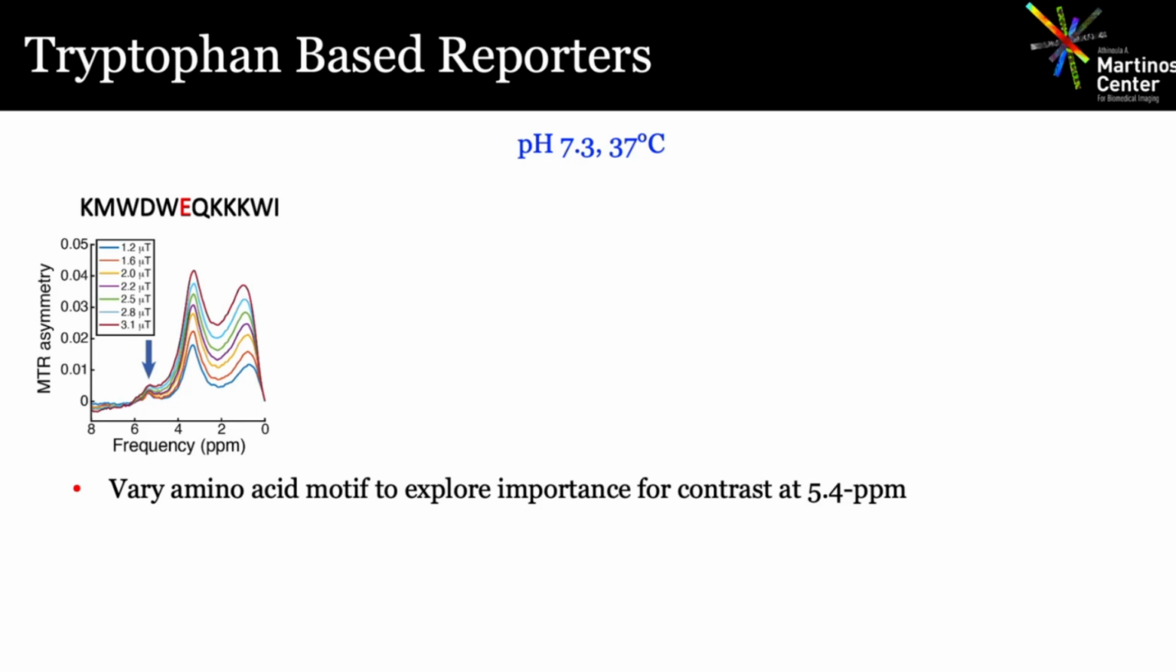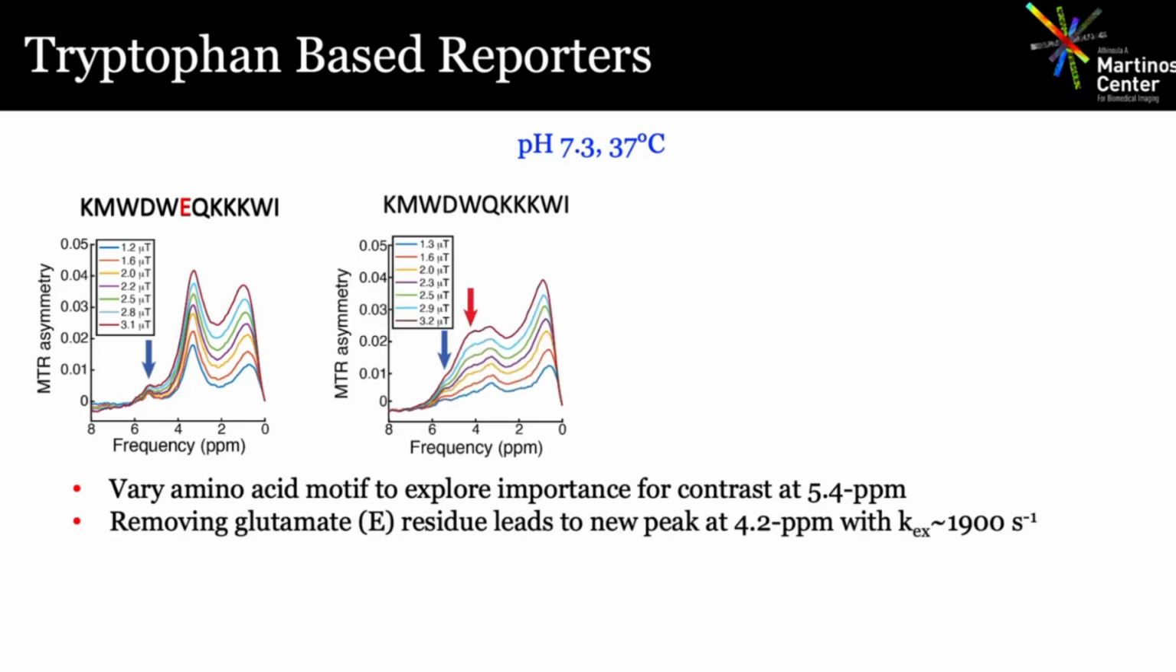And so we started trying to play around with the amino acid motif to explore the importance for the contrast at this 5.4. And one of the things we did is we removed the glutamate in this sequence. And much to our surprise, suddenly we saw this huge peak now at 4.2 ppm, that's almost swamping the amide peak, with an exchange rate of 1900. And we had no idea what this proton was. So Dave did some